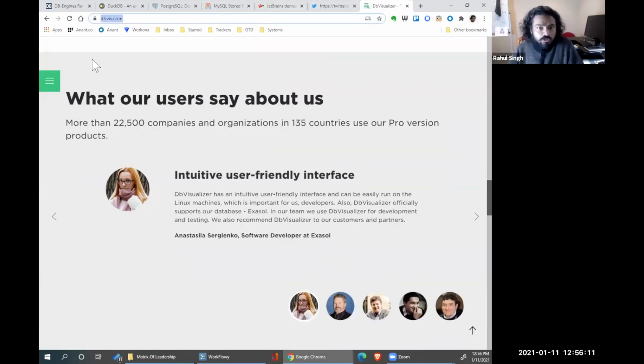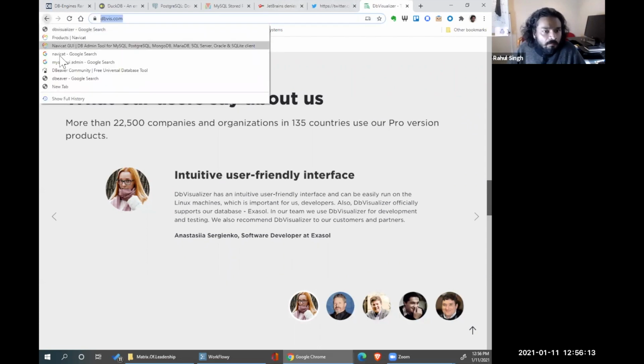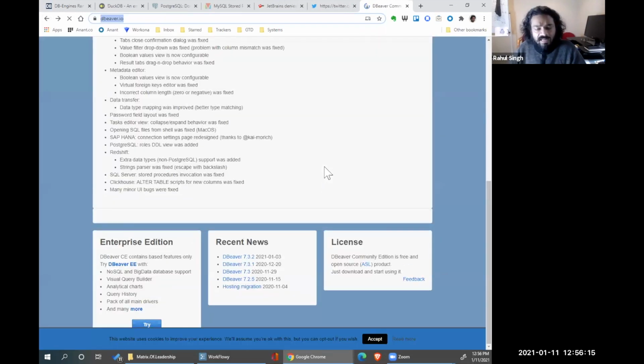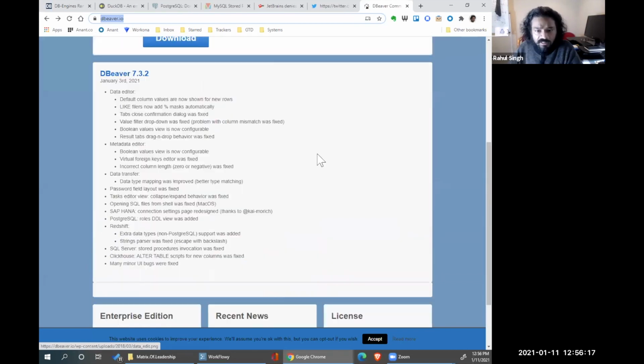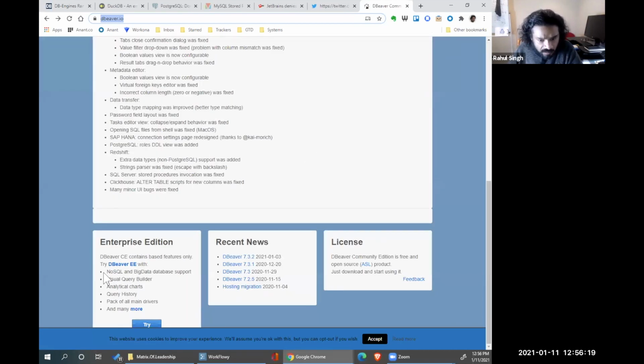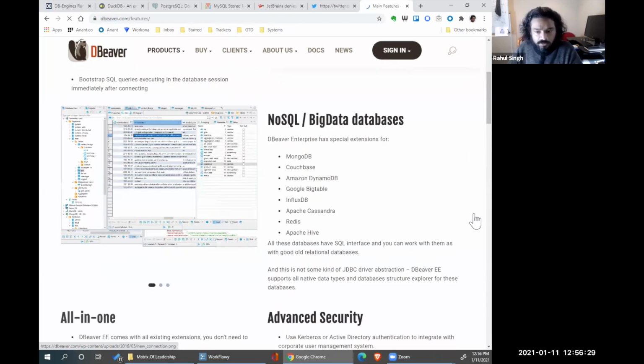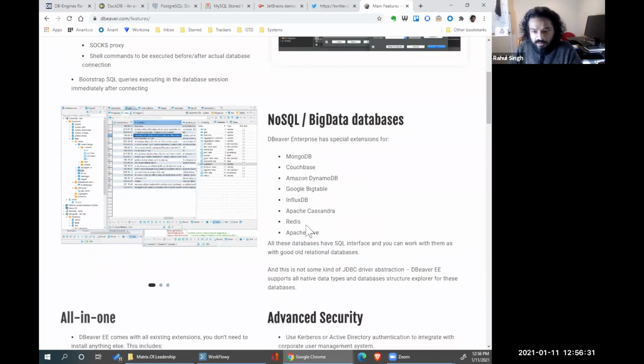The only reason you would buy it is to get access to certain features. Enterprise Edition has NoSQL and big data database support, basically, Visual Query Builder, query history. But if you're not talking to Mongo, Couchbase, Cassandra, then you don't need the Enterprise Edition.